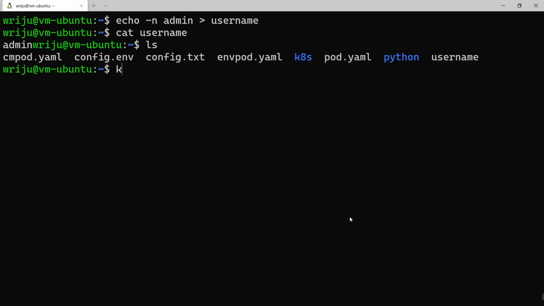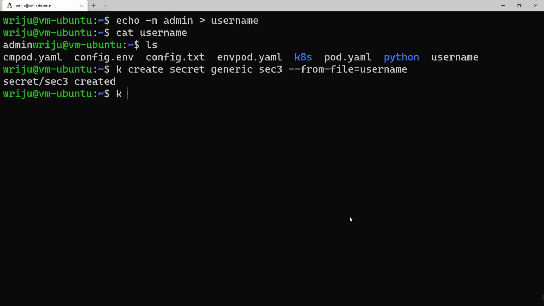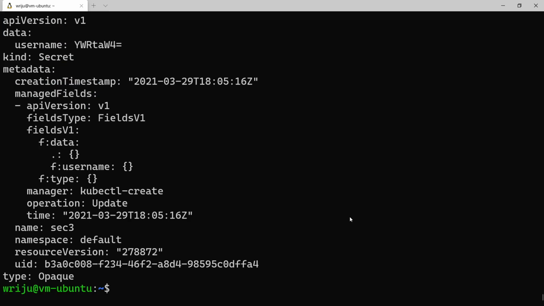Now, if you have to create the secret, you say kubectl create, and then you say the object type that is secret, and then say generic. Then you pass on the name of the secret, let's say acc3, that's secret 3, and this time I'm going to say --from-file=username. You do that, then secret created. k get secret acc3, and then if you say -o yaml,